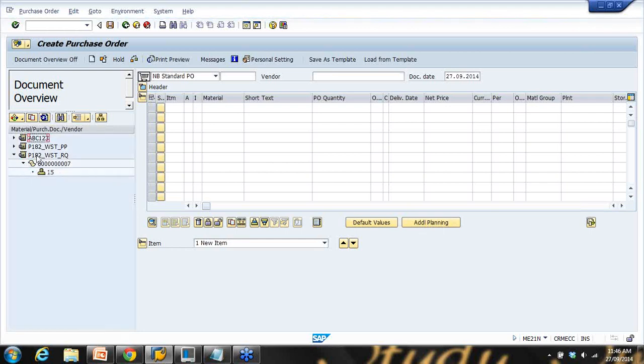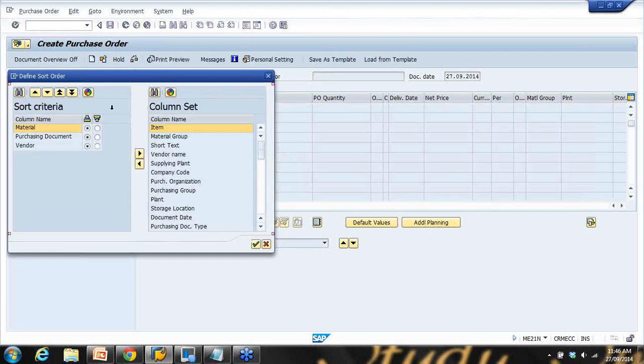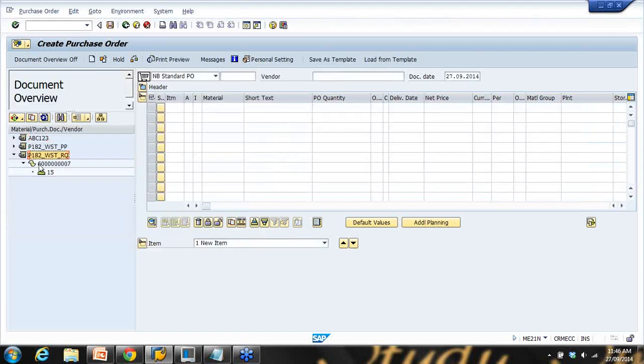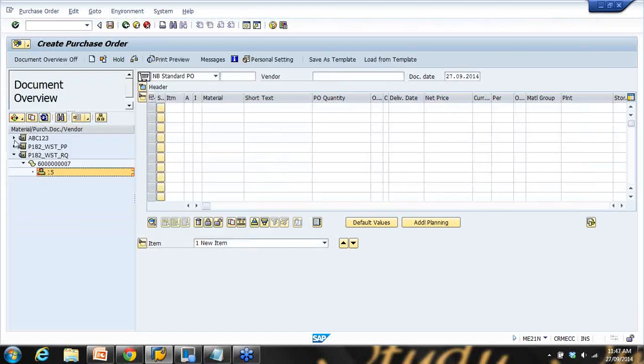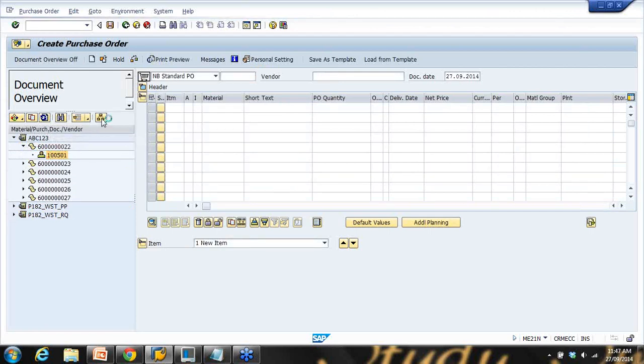So on the top you can see here. Let me check this one again. That's a vendor number, that's a document number, that's a material number. Let me change it to something. So let's see the first one. Just ignore this one, the first one. On the top you have ABC, which is the material number, then you have the document number, then you have the vendor number. So you can see that in the hierarchy form as well. If I click on this one again,